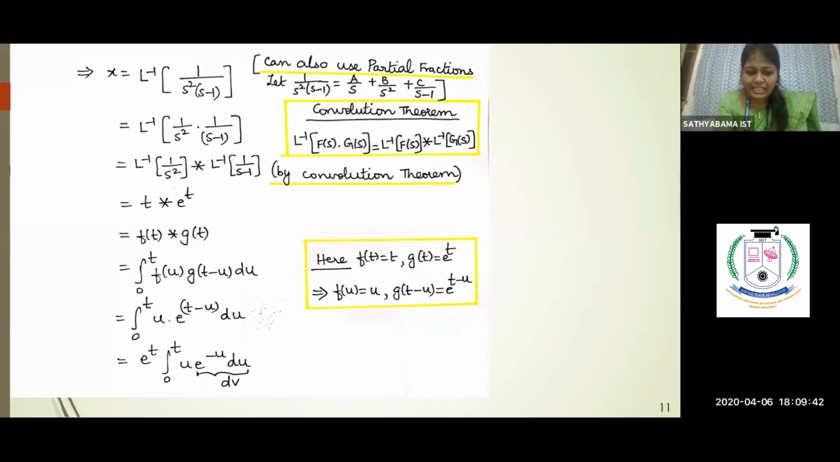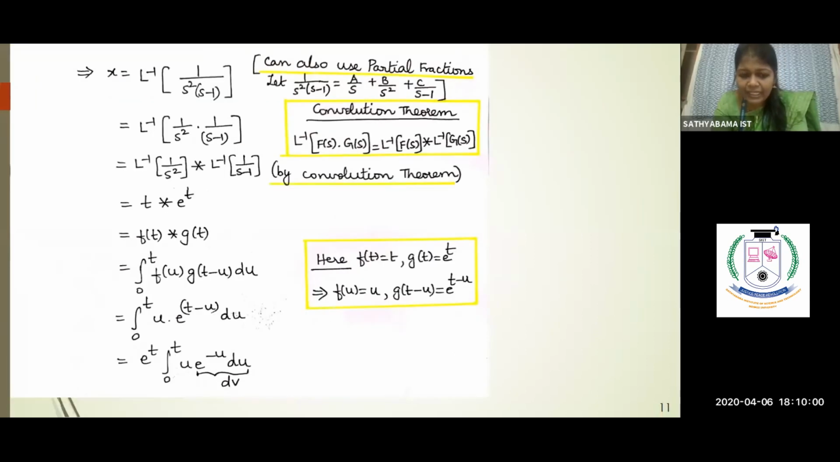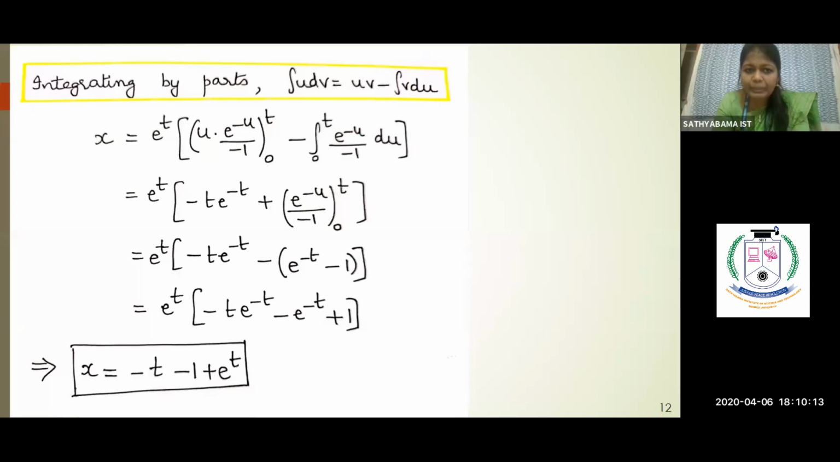So what form is this now? u dv. So when I use integration by parts, what will this integral be equal to? It will be equal to, remember e power t is outside, e power t into u into v. What is u into v? u is u only, into v. What is v? Now listen carefully. dv is e power minus u du. So what is v? From dv, how will you find v? You have to integrate. So what is the integral of e power minus u? It is e power minus u divided by minus 1, between the limits 0 to t. Don't forget the limits. Minus